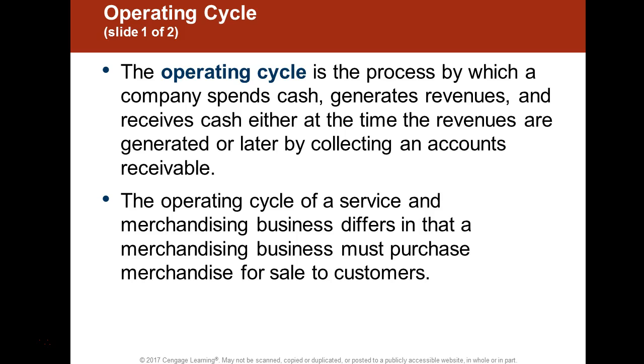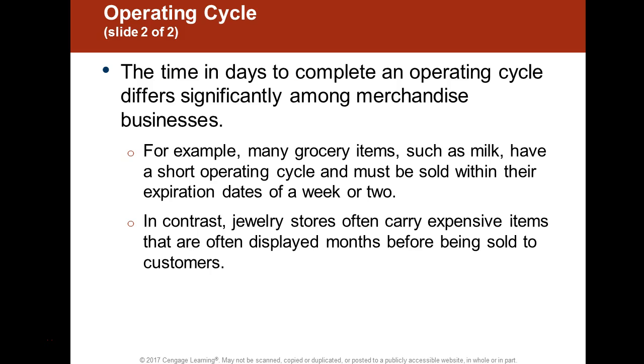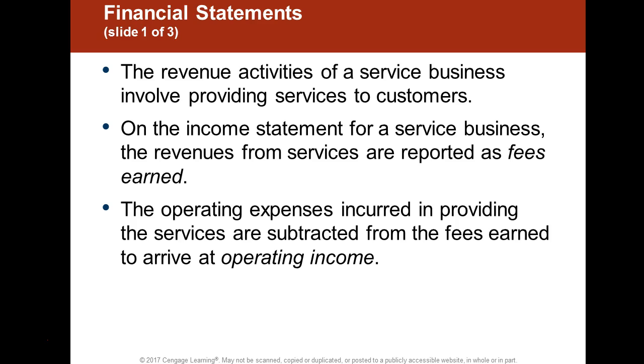When we want to begin with an operating cycle of a business, it's generally the process by which a company spends money and also generates revenues for that organization. And the cycle of a business may be different for merchandising firms and for companies that sell merchandising products to customers directly. So the main point about a merchandising firm is that you fully understand the cycle and the process of how it comes from getting the product or purchasing it to the ultimate sale to a consumer and recording those various transactions and how they're a little different.